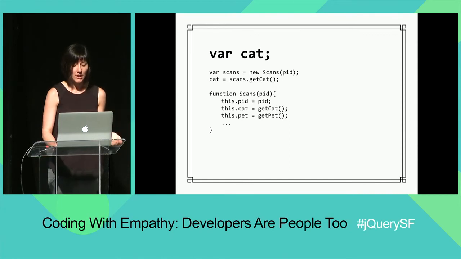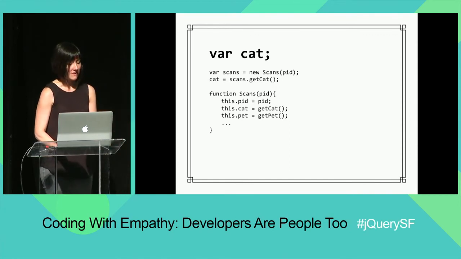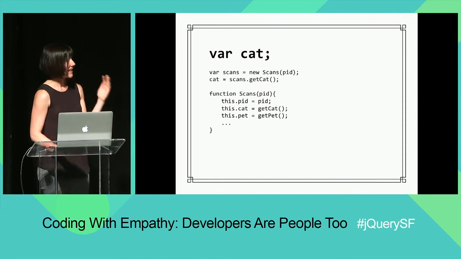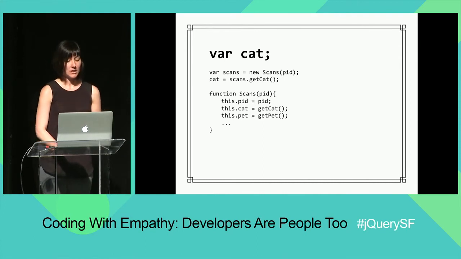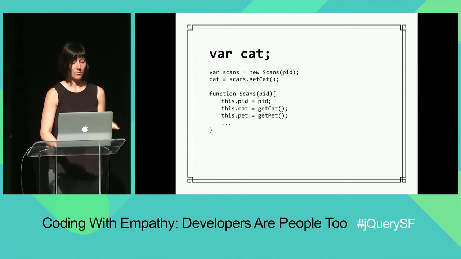We're talking about brains. And it's coming from the scans object. So cat, we can maybe assume, is a CAT scan. I had to do a lot of mental work here to get to what I think the code is trying to tell me, while also having some percentage of uncertainty about what I'm actually getting with this variable cat.